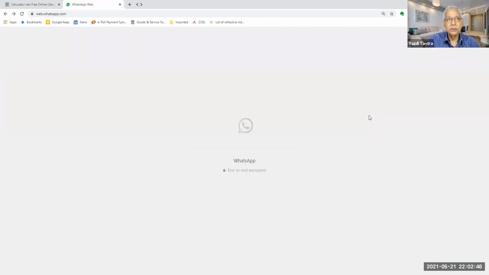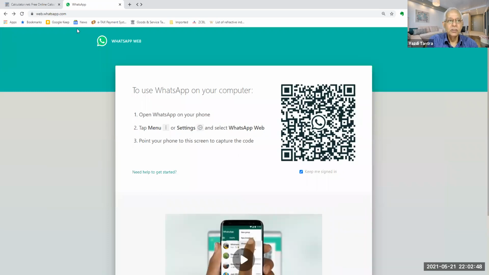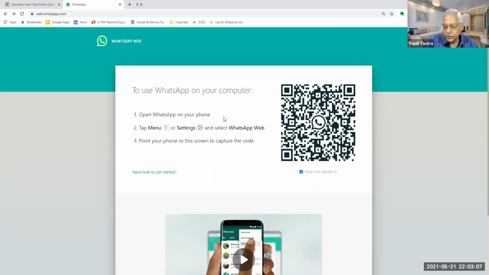Now I'm logged out. When I go to web.whatsapp.com, I come to a window which looks something like this, and all the instructions are given to me. Open WhatsApp on your phone. So I'll go to WhatsApp on my phone. Then it says tap the menu, that is the three dots on the top.